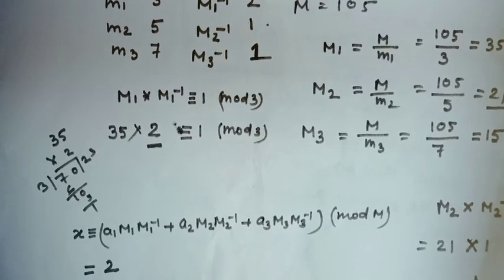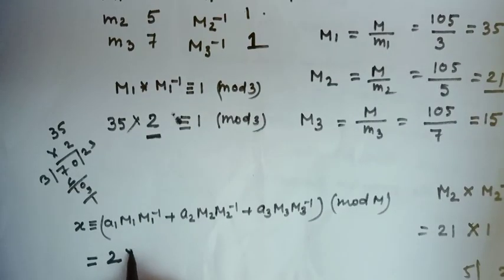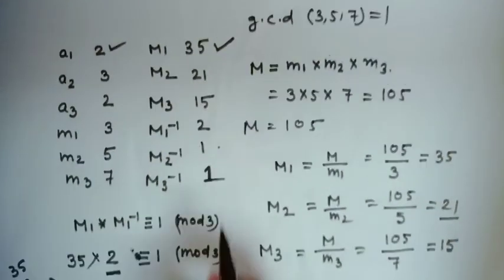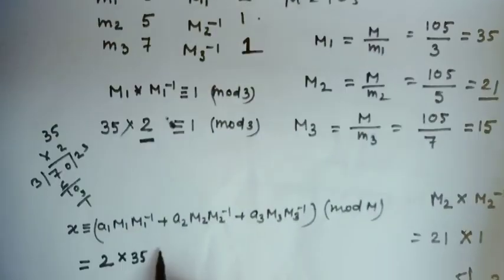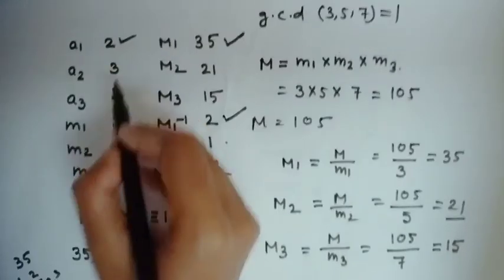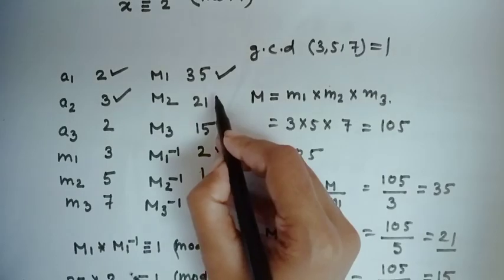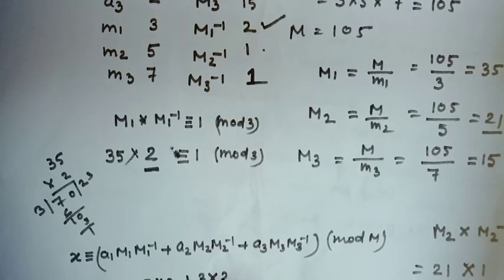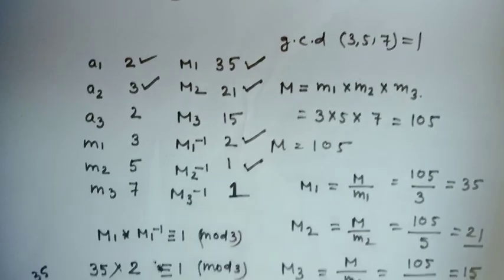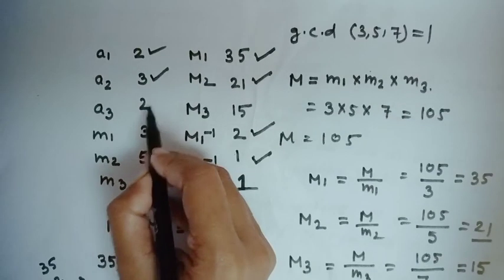What is M1? 35. That means 2 times 35. What is M1 inverse? 2. Plus A2 equals 3 times capital M2 equals 21 times capital M2 inverse equals 1, plus A3 equals 2